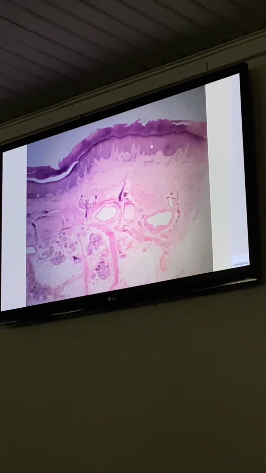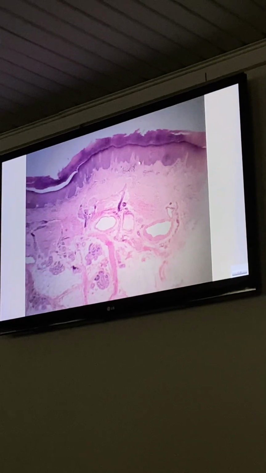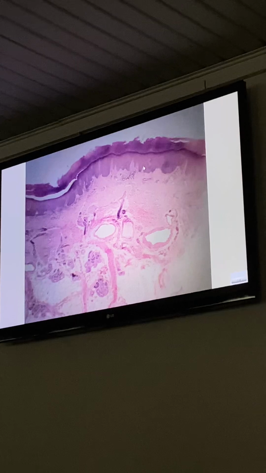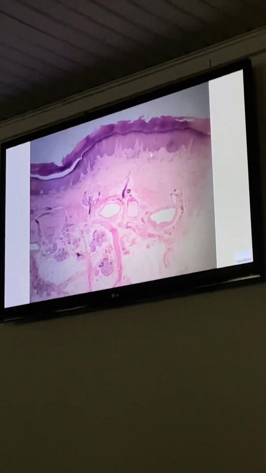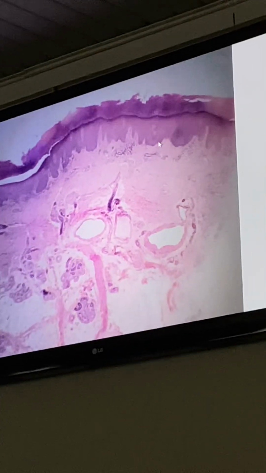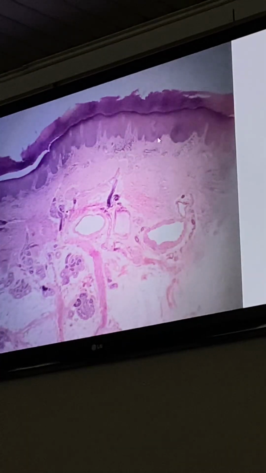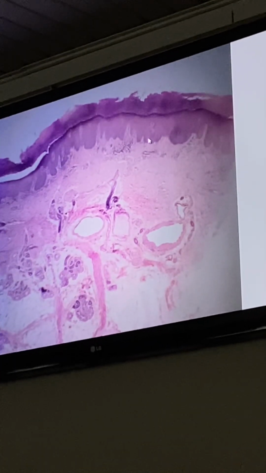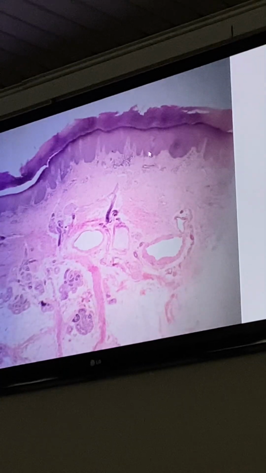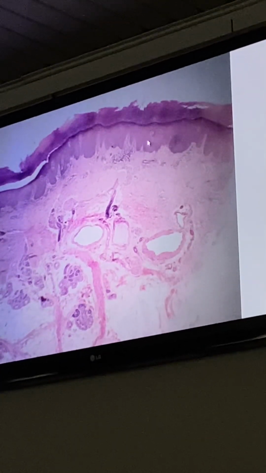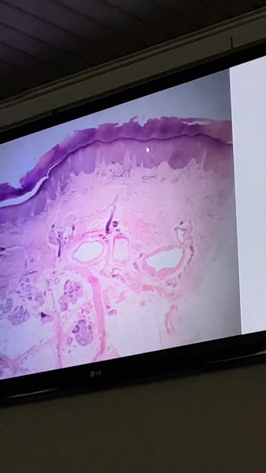This is the stratum basale or the basal layer. It's a single layer of stem cells, cuboidal or columnar cells, that have the ability to generate the other layers. The thickest layer, stratum spinosum,